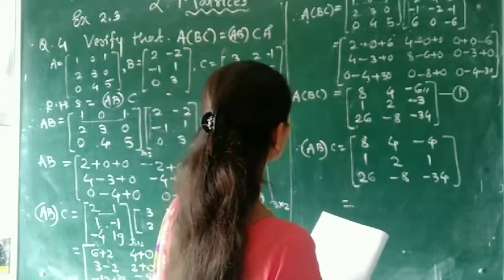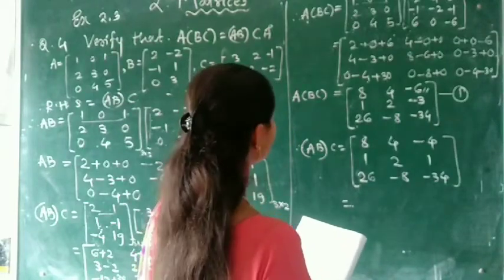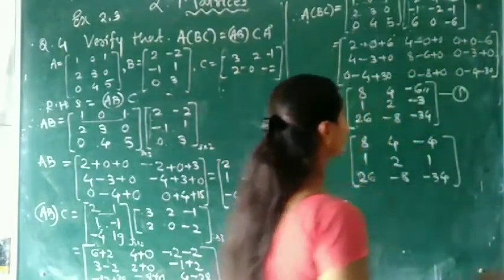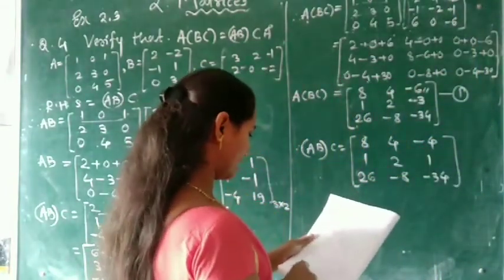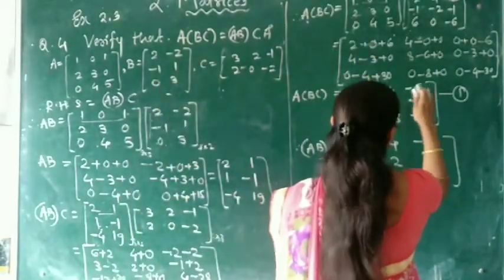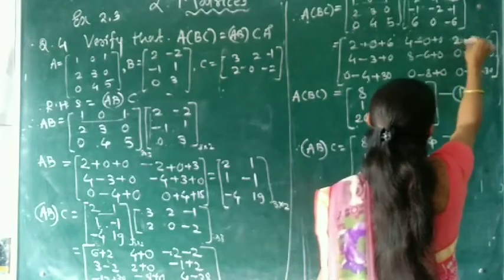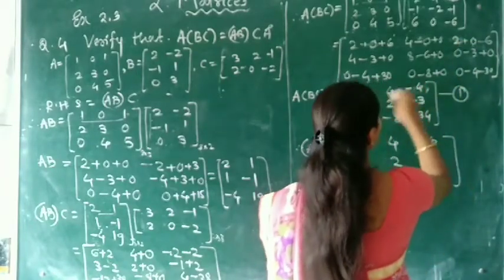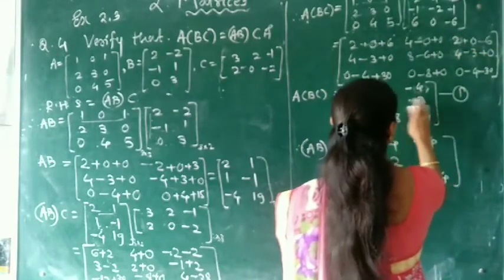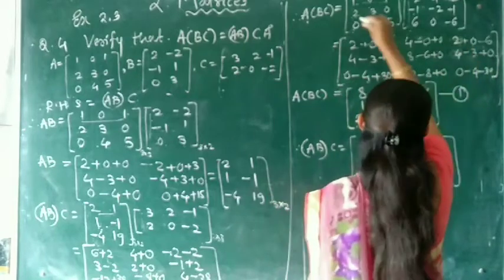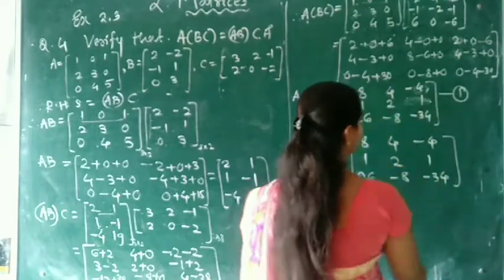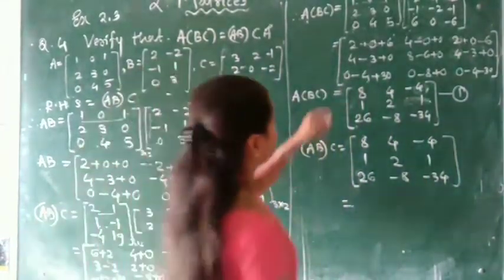Value of BC. It is not 0, it is 2 here. Sorry, my mistake. 2, 4, 2 and minus 1, 6. So here we get 1 into 2, that is 2, and 2 minus 6 is minus 4 here. Again 2 into 2, 4, and 4 minus 3, it is 1. So 2 into 2, 4. 4 minus 3 becomes 1. Now this is correct. So it was my mistake.